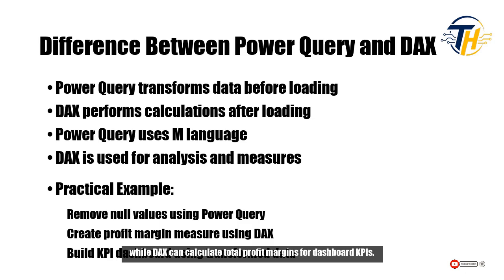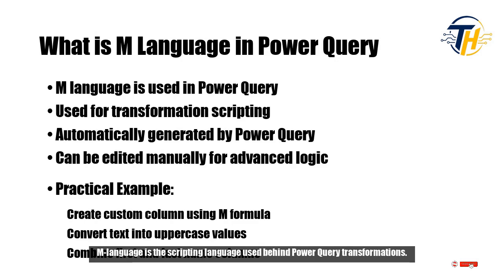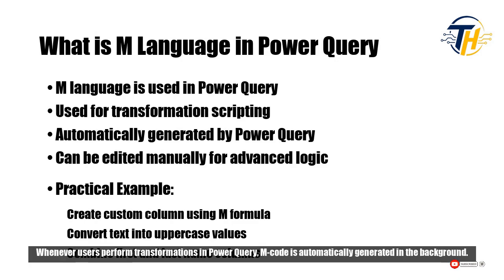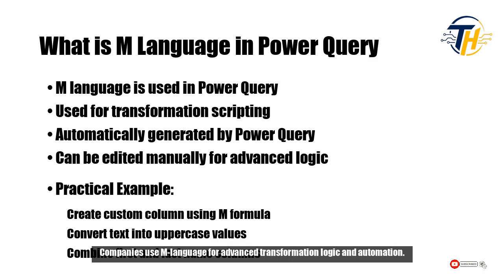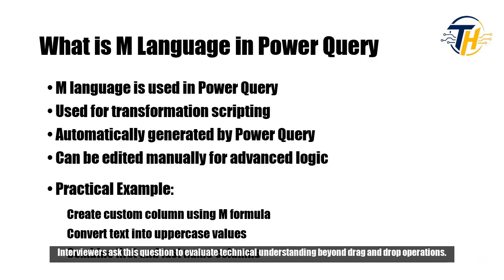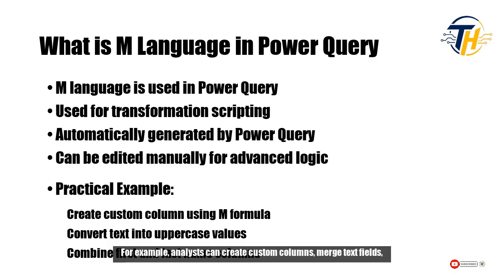dashboard KPIs. M-language is the scripting language used behind Power Query transformations. Whenever users perform transformations in Power Query, M-code is automatically generated in the background. Companies use M-language for advanced transformation logic and automation. Interviewers ask this question to evaluate technical understanding beyond drag and drop operations. For example, analysts can create custom columns, merge text fields, or apply conditional logic directly through M-language scripts in Power